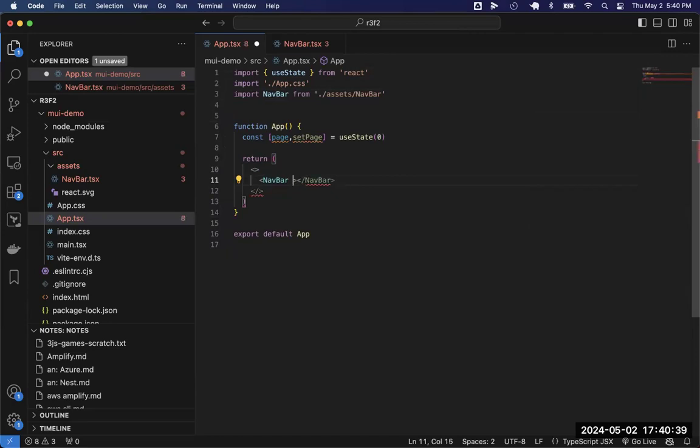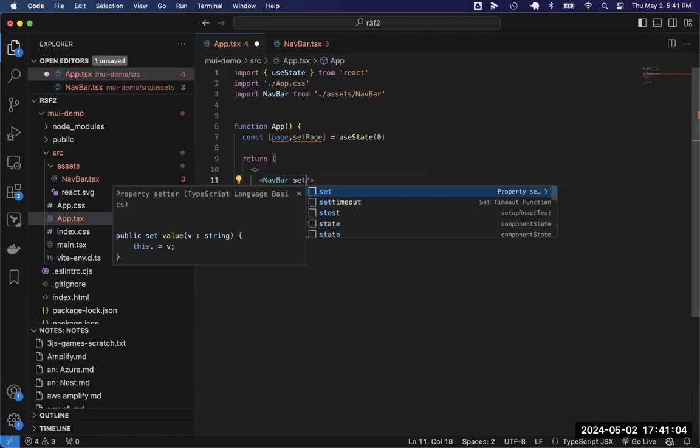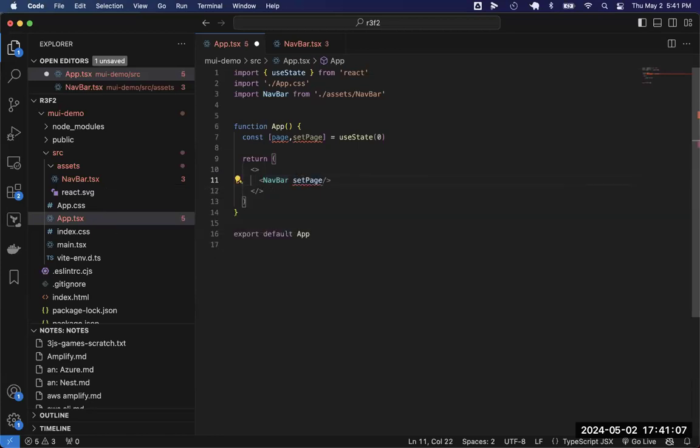And I could either leave both the opening and closing tags like this, or I could close it within the same, I guess, container wrapper, forget what they're called. And we can pass in properties through here. So what I want to pass is set page. I want set page to allow us to change the page that is currently showing. So let's do nav bar set page, and